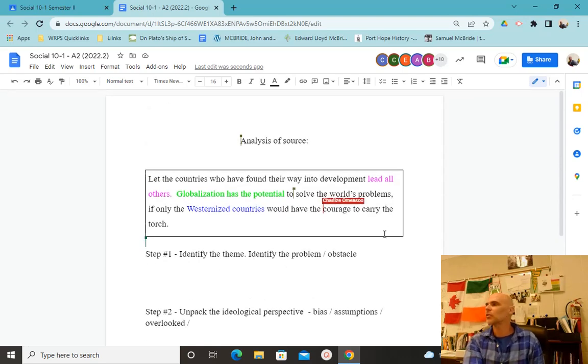So let's look at the problem. The problem are the world's problems. We said the world's problems are poverty and disparity and climate change. You could add to that deforestation and desertification. You could add to that animal habitat destruction, mass extinction. If left unaddressed, how bad would this get? What's the worst case scenario for the planet if we don't solve our problems? You tell me.